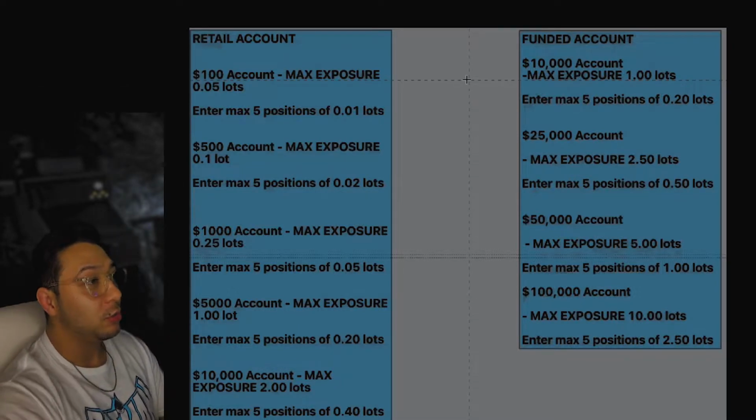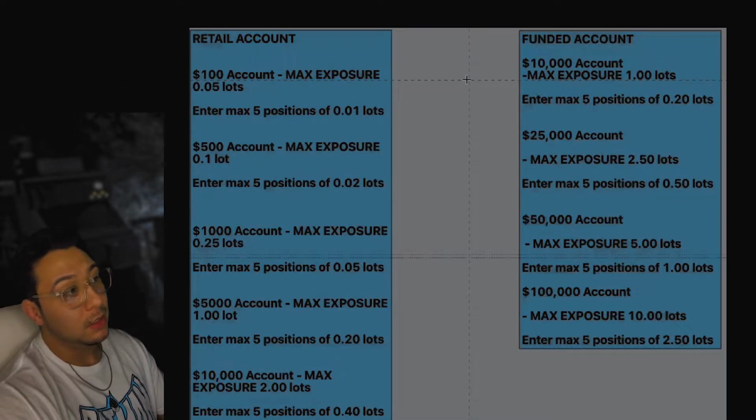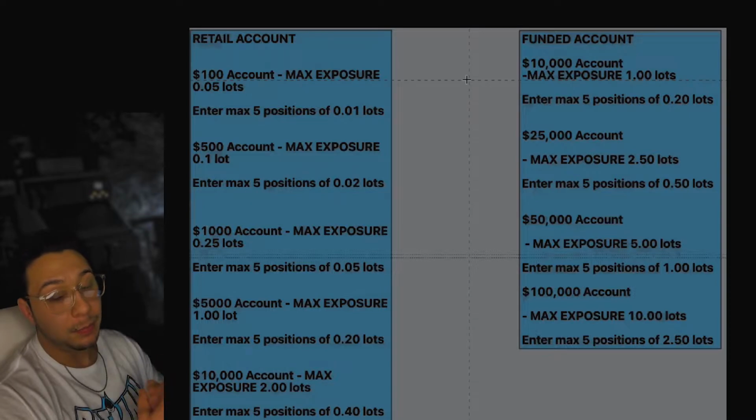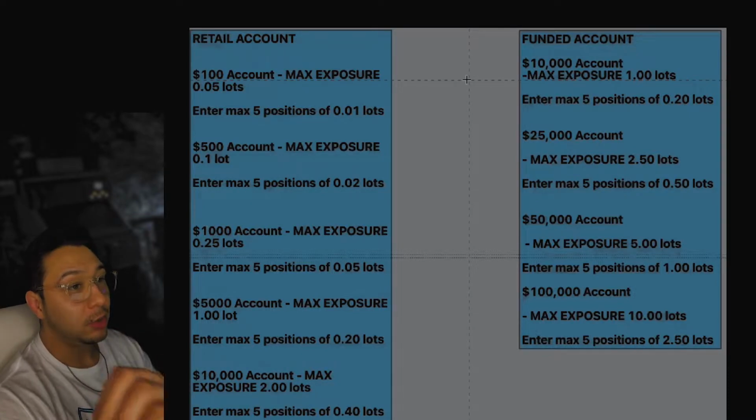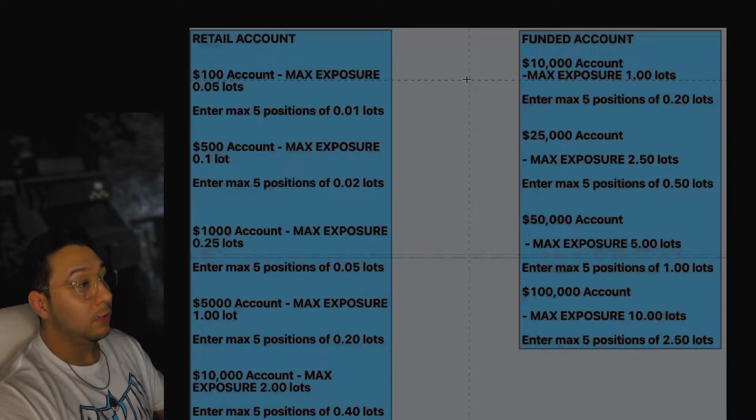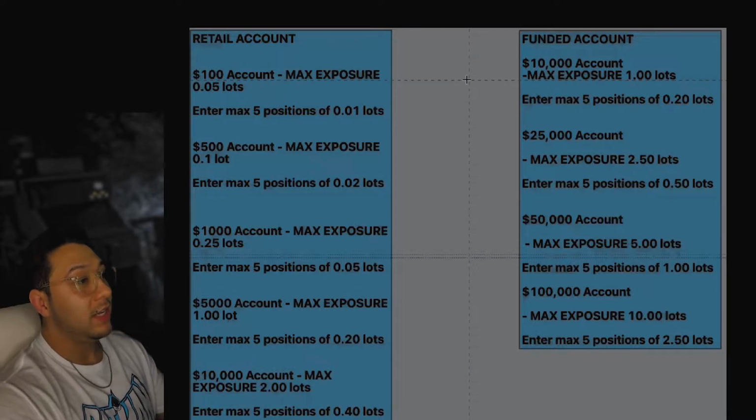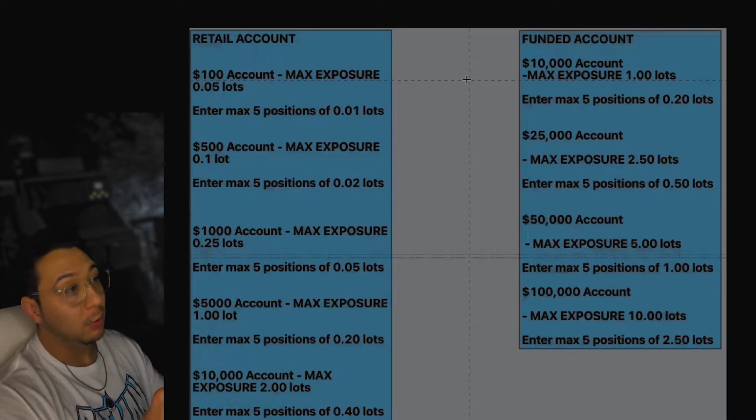The max exposure you want on a $500 account, on a margin account, is going to be a 0.1 lot, which is equal to $1 per pip, okay? $1 per tick on the foreign exchange market. And so the way you get into that 0.1 lot, that $1 per pip, is a variety of different ways,